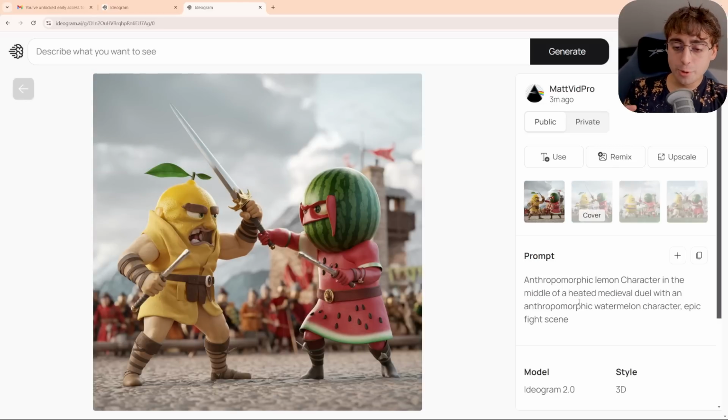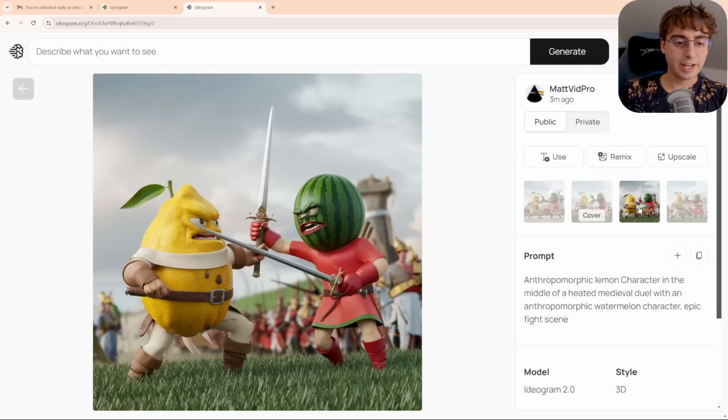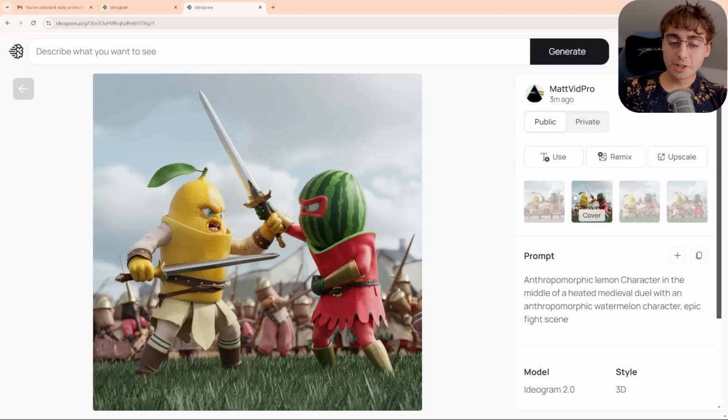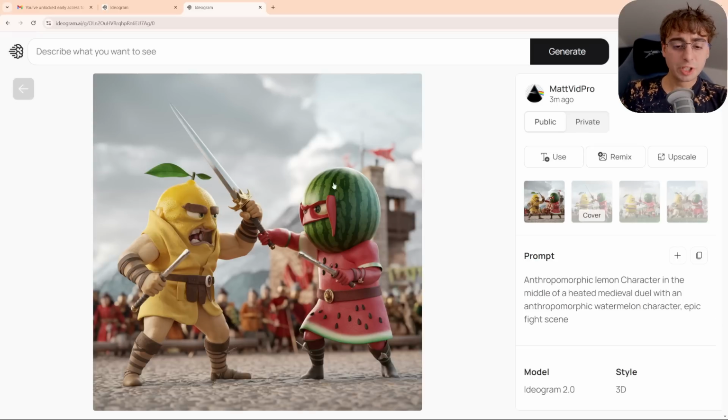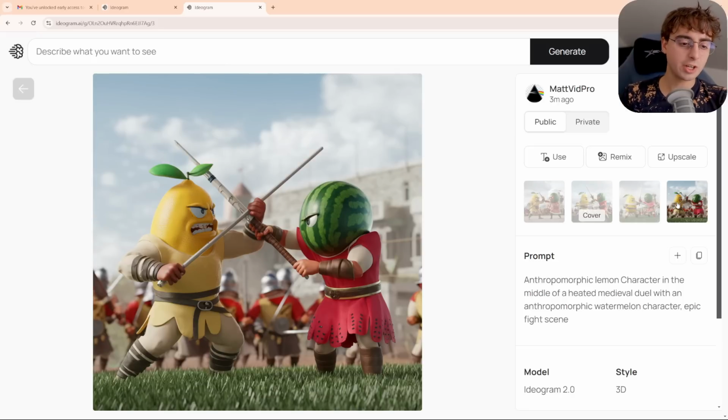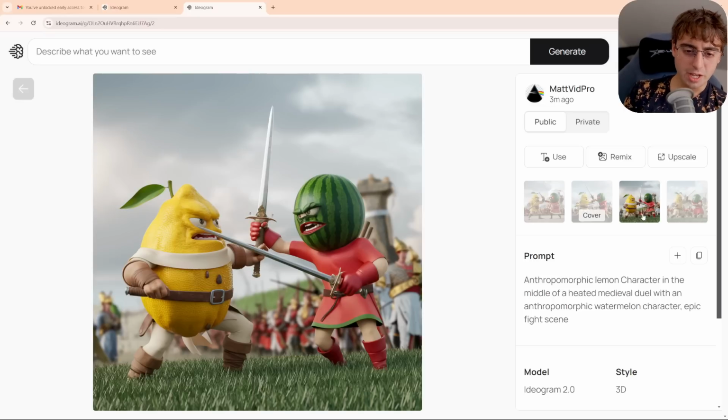And now we move on to the 3D model, which is arguably probably the best choice for this prompt, and it does a pretty decent job at, again, giving both of the characters faces and having them battle it out. These all look pretty good. I would say these are the best generations yet, again, for this prompt, because the 3D model matches this prompt the best, and I think that you get some really, really nice detail out of these. It really does have this nice 3D aesthetic to it. Not quite like a Pixar movie, but again, it doesn't look like a very rudimentary 3D render from a PS1 game or something like that.